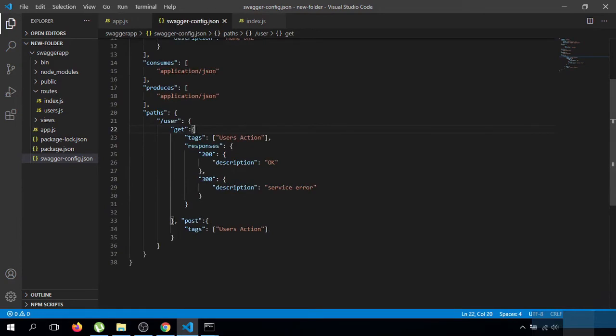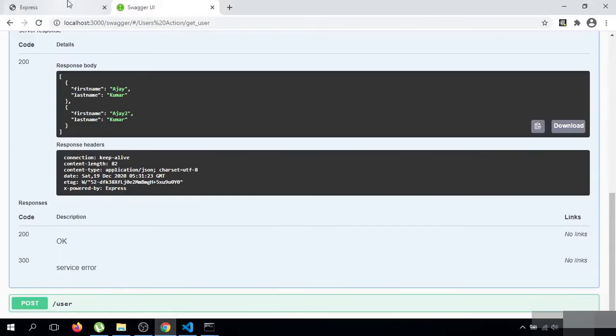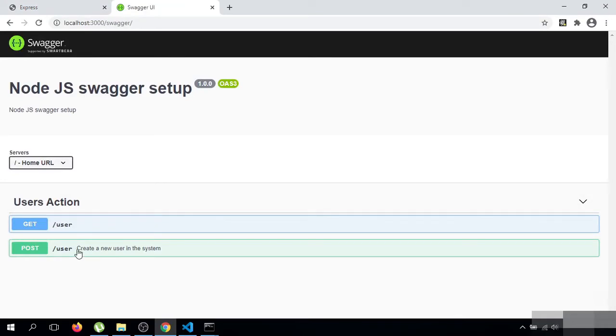This is our get action. Now I am writing some post. As you can see that I have added a summary for this route. This summary will display here.